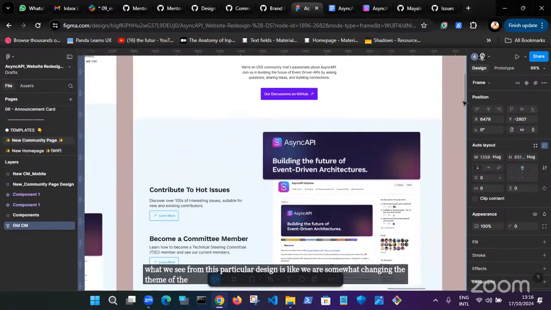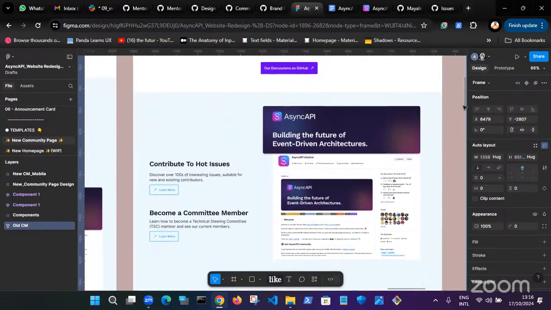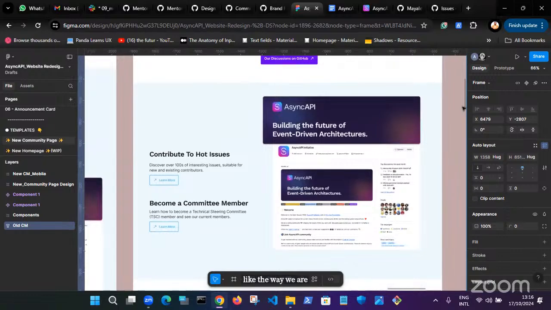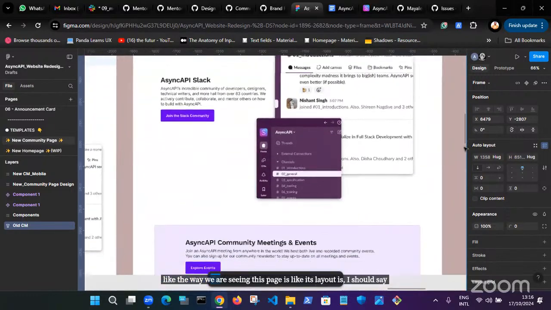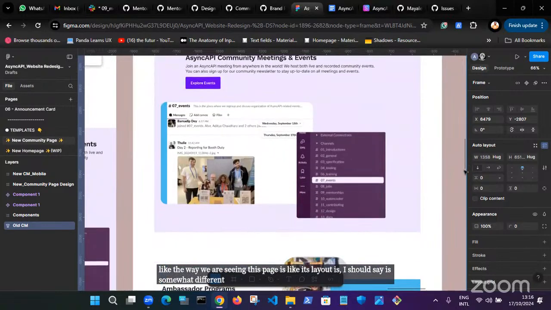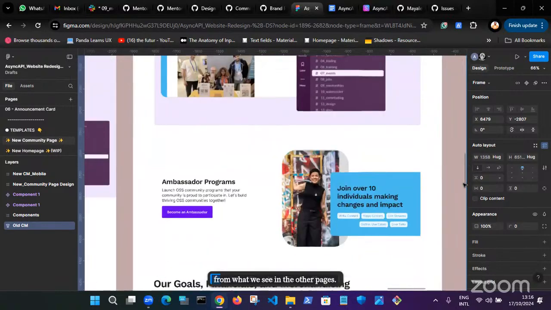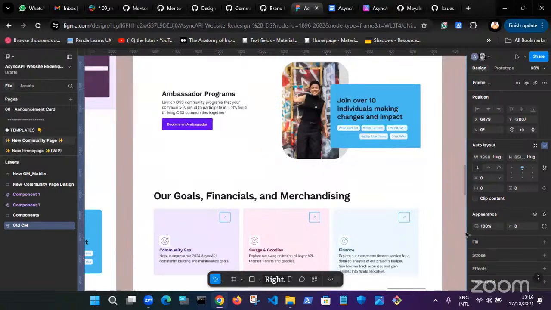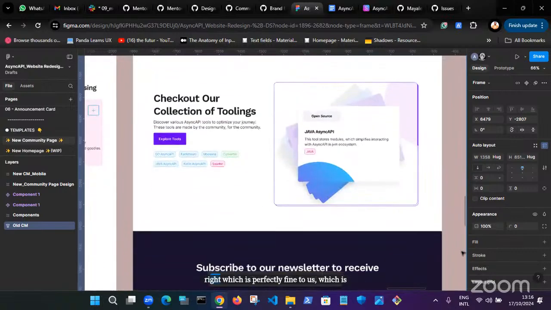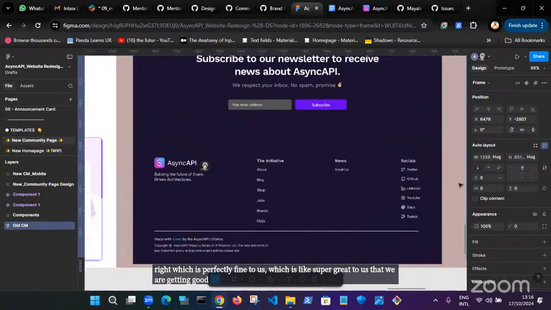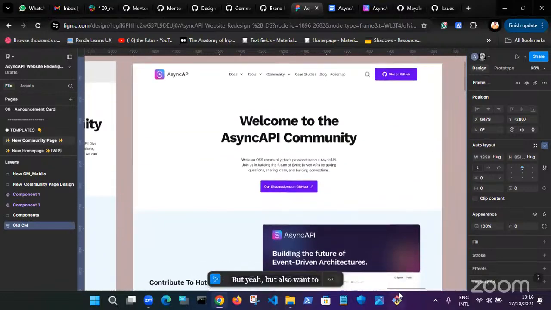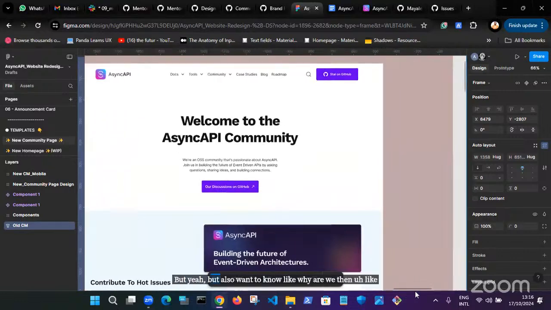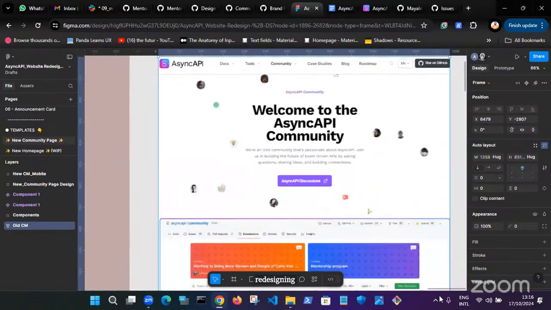The layout of this page is somewhat different from what we see in the other pages, which is perfectly fine to us, super great that we are getting good designs. But we also want to know why we are redesigning in a particularly very new theme.